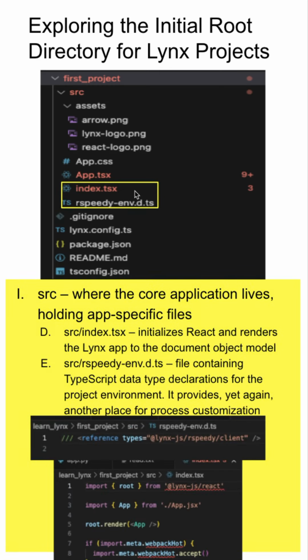Moving on from there, in our source directory, we have our index.tsx file, which actually initializes React and renders the Lynx app and the document object model associated with it. And we also have this environment file, which can be used for setting different environment or other Rspeedy Lynx project